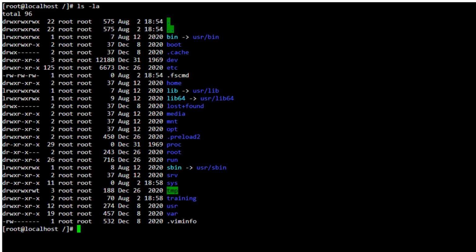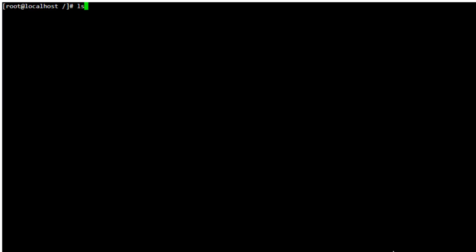Now if I want to remove the folder, I can say remove directory training, and it's going to say it failed to remove it because it's not empty. It's protecting what's inside. Now remember, we moved that training file back inside of it, so I can't just remove that folder. We've been using the ls command quite a bit, and we also introduced the switch -la, but